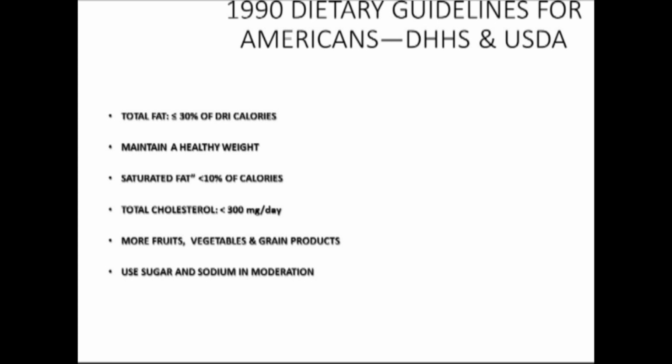In 1990, dietary guidelines for Americans were put together by the Department of Health and Human Services and the USDA. They advocated for 30% or less of calories to be dedicated to total fat, the importance of maintaining a healthy weight, saturated fat, again, being recognized from the Council's recommendation of less than 10% of calories, total cholesterol, again, less than 300 milligrams, and then more fruits, vegetables, and grains in the diet, and also using sugar and sodium in moderation, all basically reflections of problems in the American diet that was actually being documented by epidemiologists